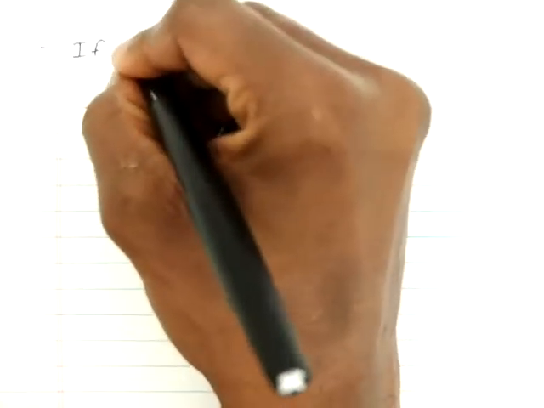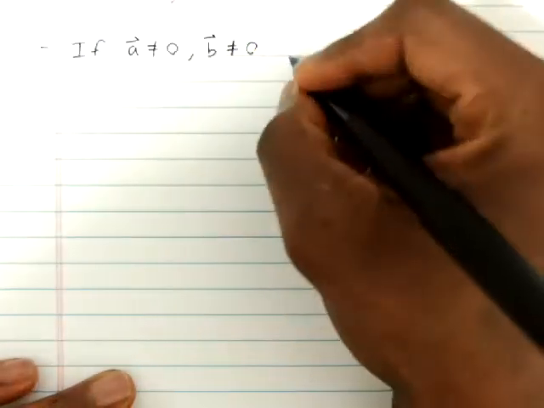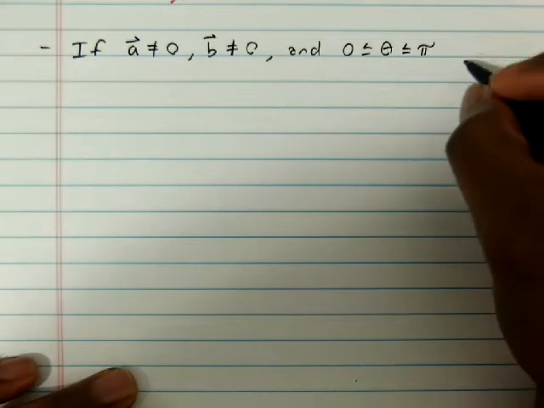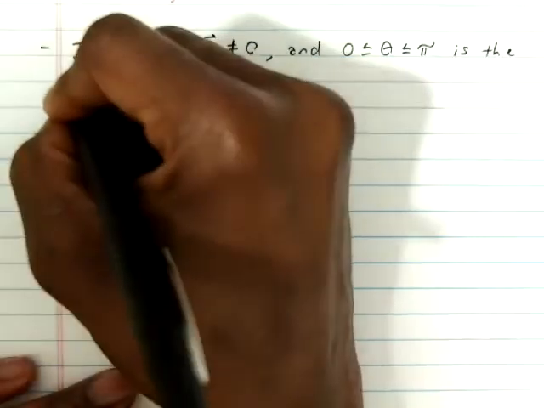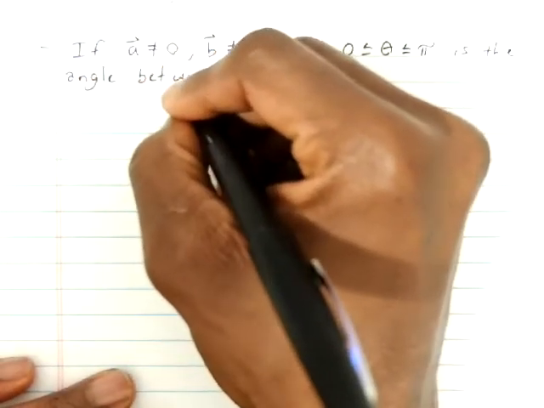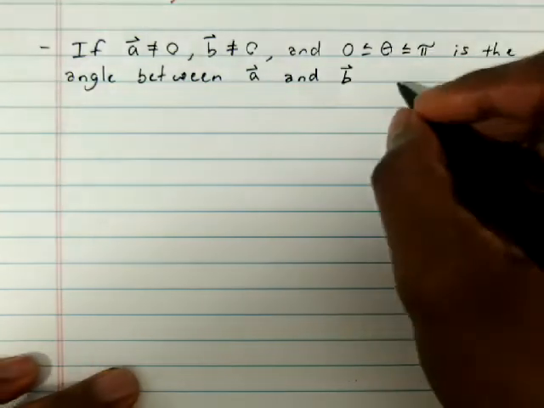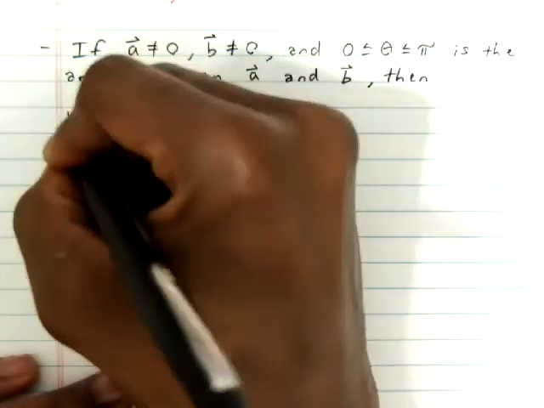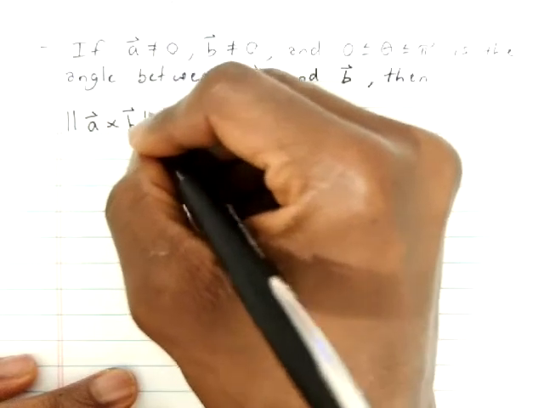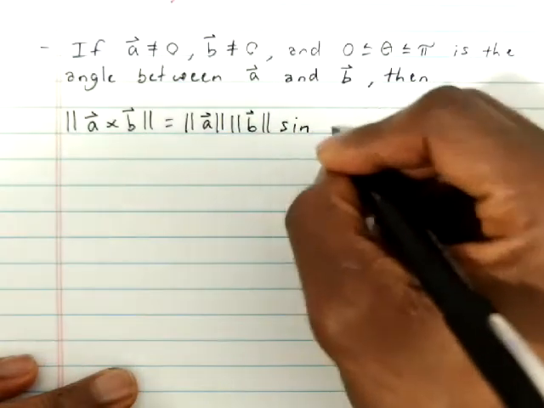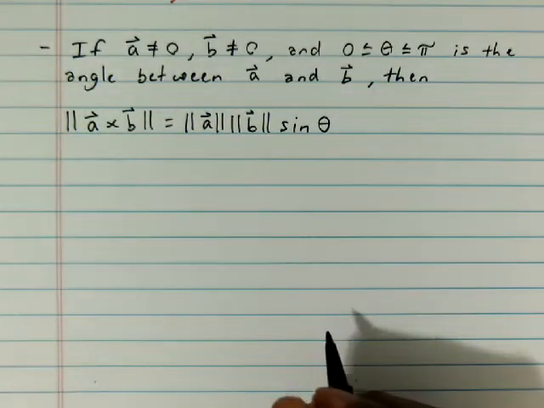The next thing I'm going to introduce is, if A is not the zero vector, B is not the zero vector, and theta is between 0 and pi, is the angle between A and B, then the length of A cross B is equal to the length of A times the length of B times sine of theta. All right, so this is similar to the dot product formula that we have, but notice